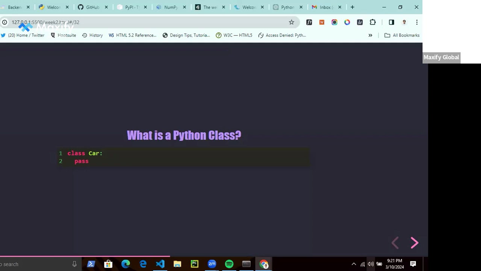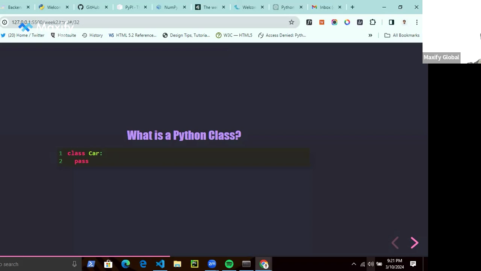This class car is not the car in itself. It's just a template, like a mold. If you want to, let's say, mold a block, for example, you need the mold, to pour in the mixtures of your cement and all for you to form a block. So a class is just like that. It's a blueprint, right, for us to create objects.